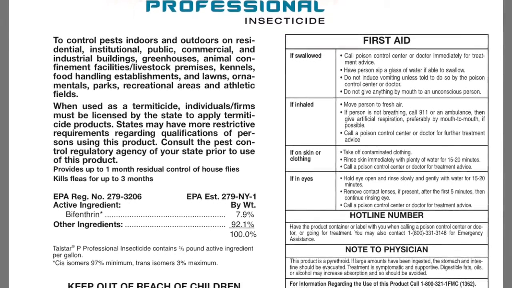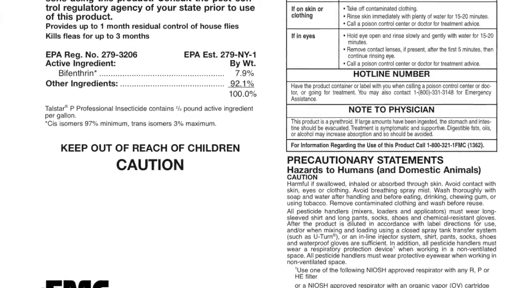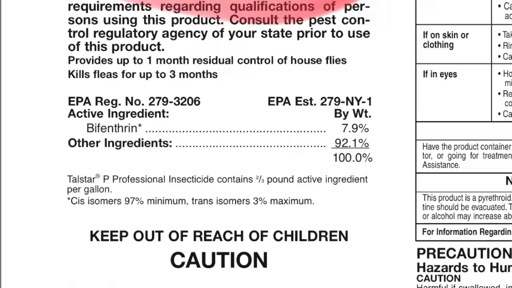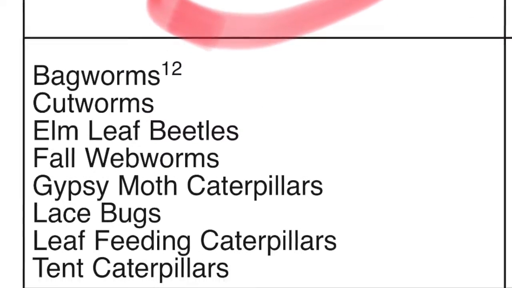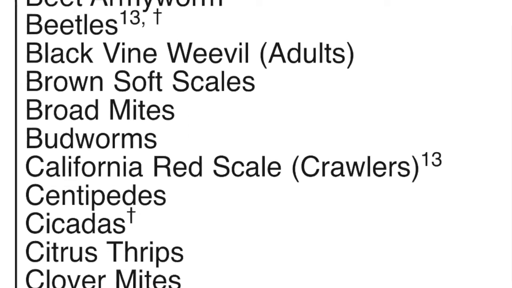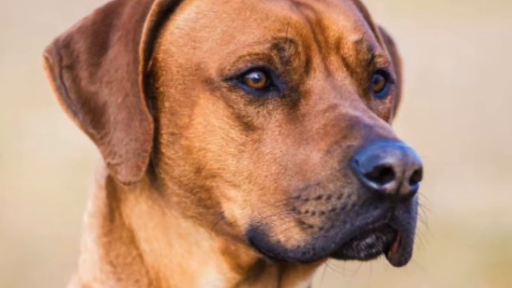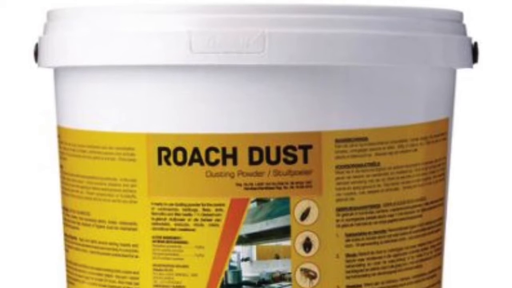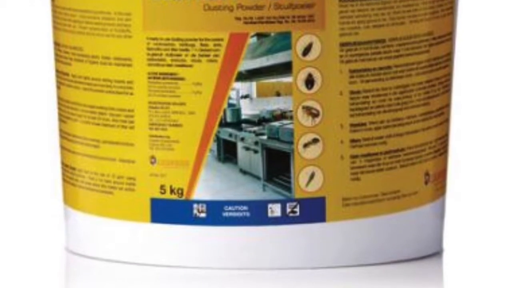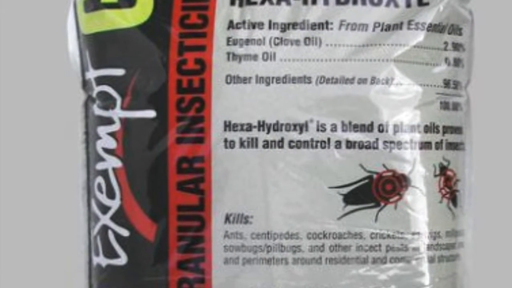Directions for use. All pesticide labels have directions for use. To apply a pesticide correctly, follow the directions on the label. These instructions tell you things like the pest that the manufacturers say the product will control, the crop, animal, or site to which the product may be applied, in what form you may apply the product, whether it be a powder, a liquid, or a granular, the proper equipment to use,